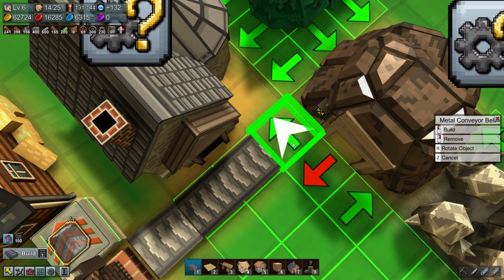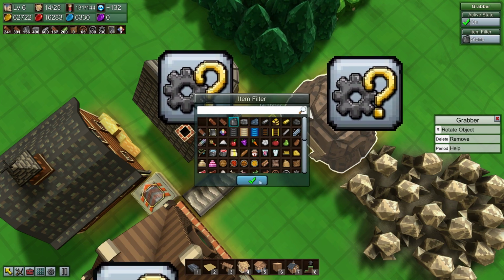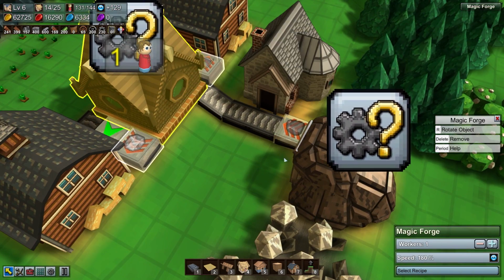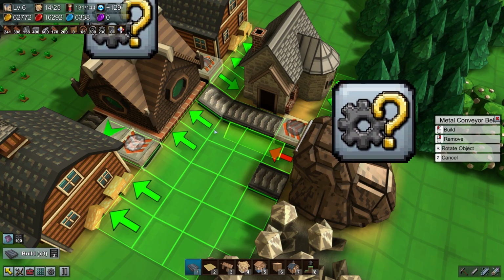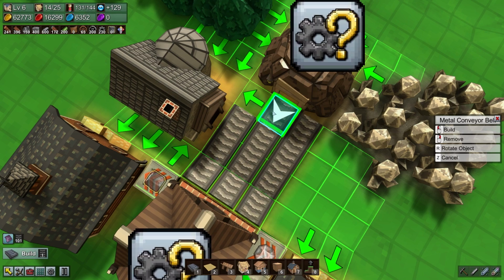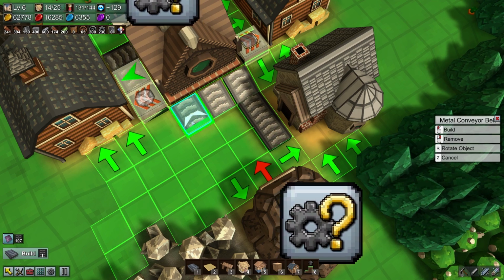Right, so we want the bricks coming this way. And I would like the stone to be extracted from here. There we go. The bricks should just come out straight by themselves. So just stone brick there. But the mana shards themselves and the fuel both need to go in this direction. Now I could use chutes instead of conveyors. And that's actually a good point. For the stone, I'm going to have something that'll lift them up there. But actually thinking about it...